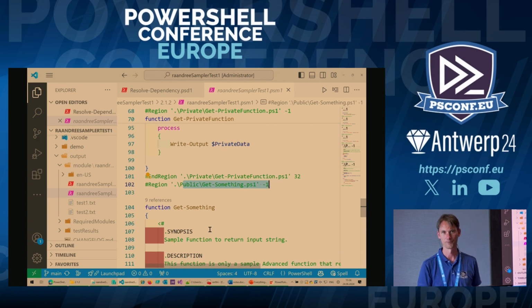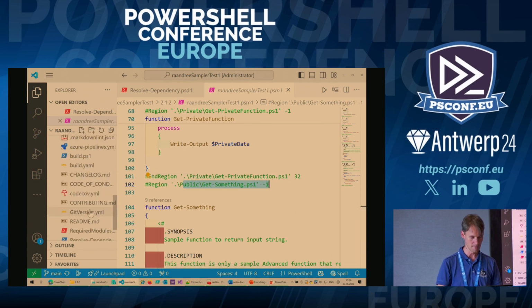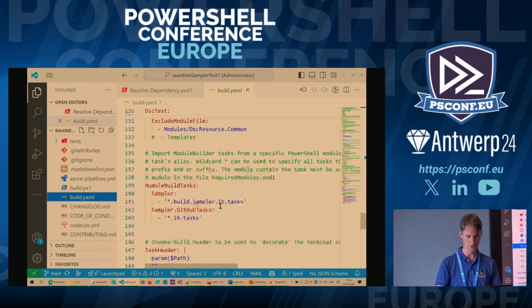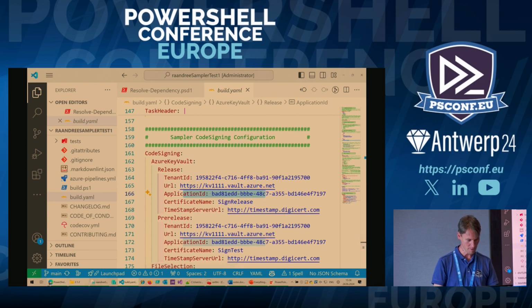Konstantin. So how does Sampler interact with the Key Vault? Good question. So how does Sampler know which Key Vault to contact? This was done in the YAML file, in the build YAML, right? In the build YAML, we have definitions about the Key Vault URL and the tenant ID and the application ID. Of course, it would be extremely bad if we wrote the application secret also in the YAML file in plain text, right? So if we go to our build pipeline